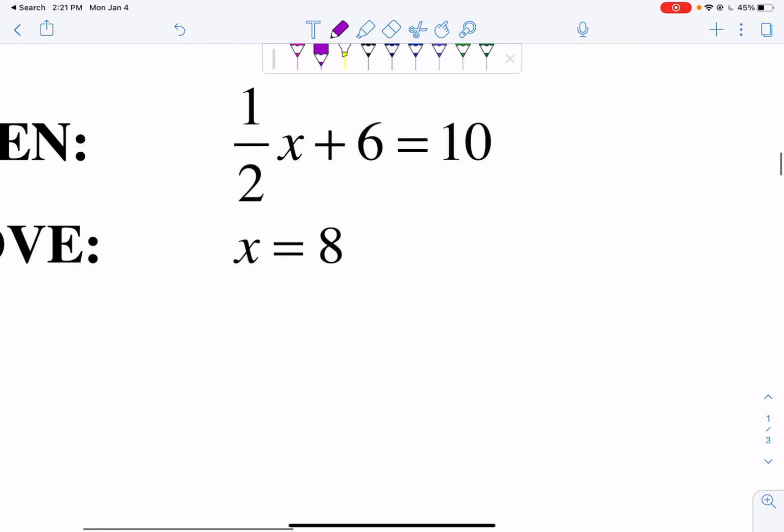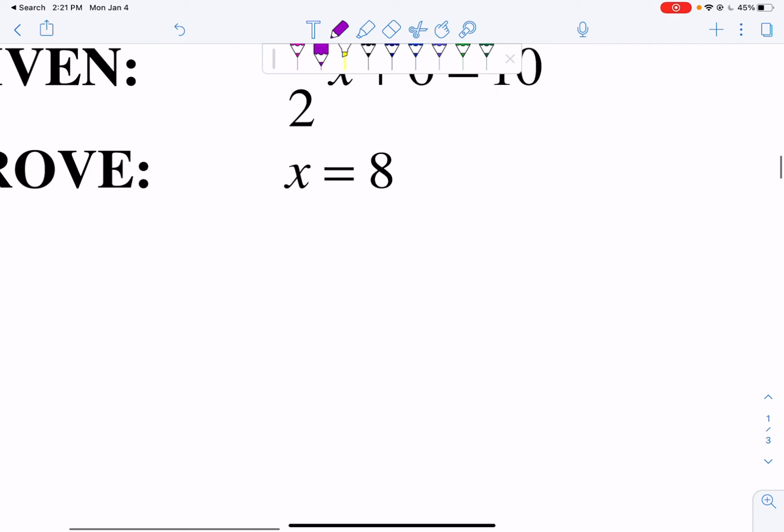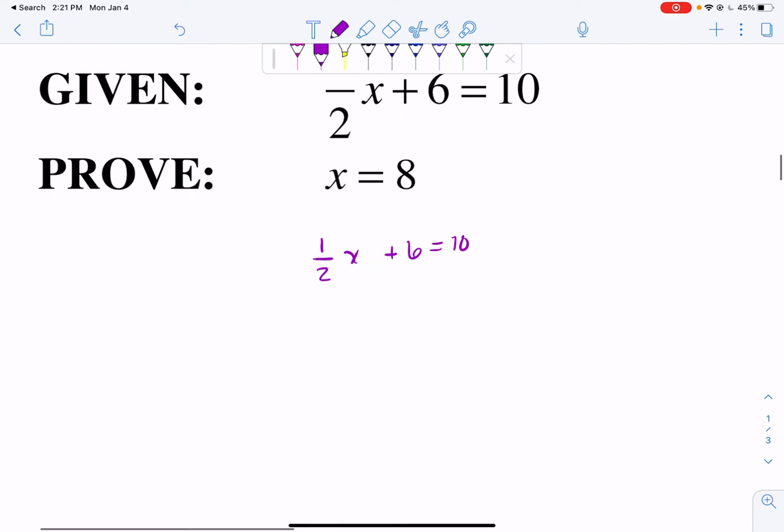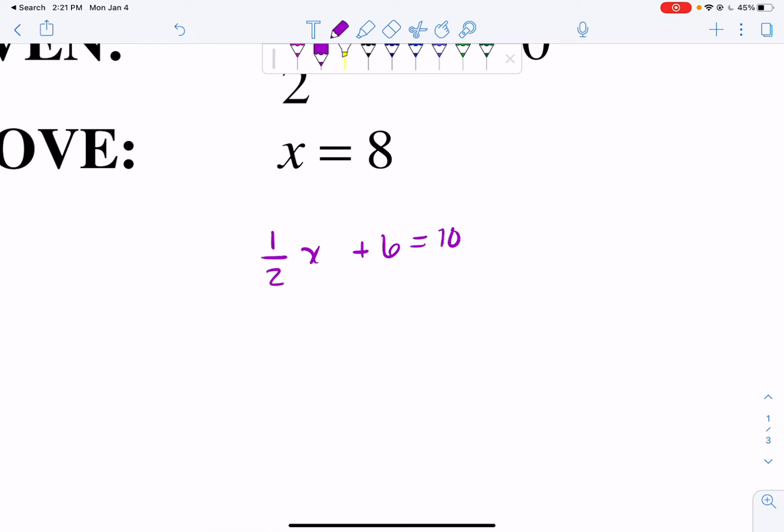So what we're going to do is I'm going to write 1/2 x plus 6 equals 10, and one thing I'd recommend is always solve your equation. So 1/2 x plus 6 equals 10. Well, the first thing you want to do is subtract 6 from both sides. So I'm going to subtract 6, and I get 1/2 x is equal to 4, because 10 minus 6 is